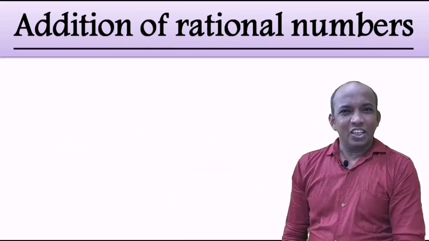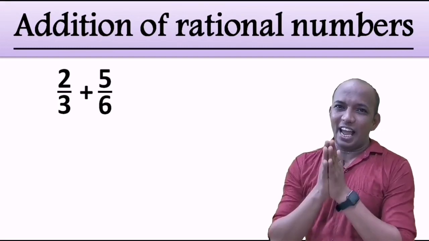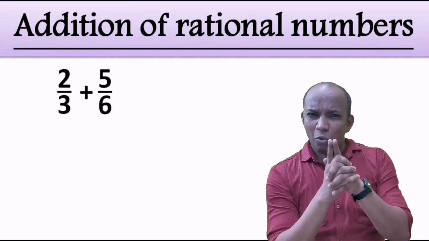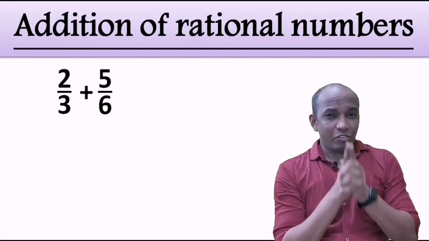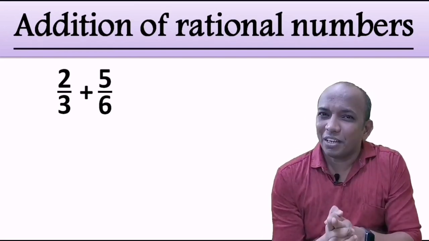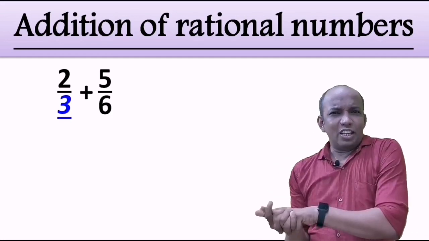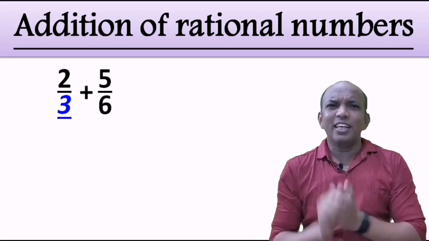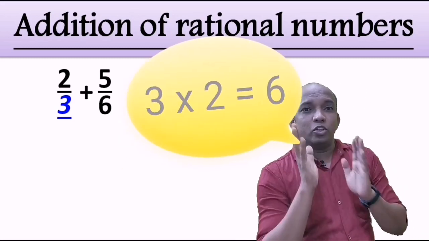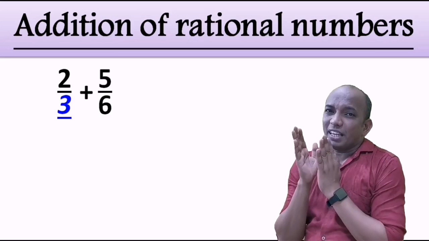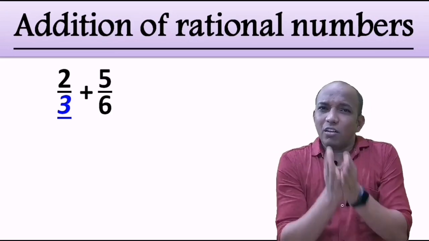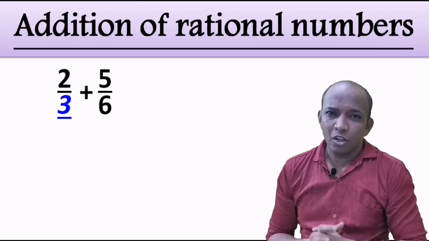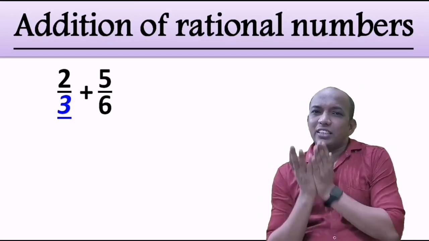Now the question is 2 upon 3 plus 5 upon 6, and the way we decided, the very first step is what? The denominators should be equal before adding, and for that we have to check the smallest denominator. So presently on the screen, the smallest denominator is 3, and in 3's table do we have 6? Yes, of course, 3 twos are 6, right? So at that time we will be changing only the first fraction, that is, the fraction which has the smallest denominator. Okay, so here the fraction is 2 upon 3.